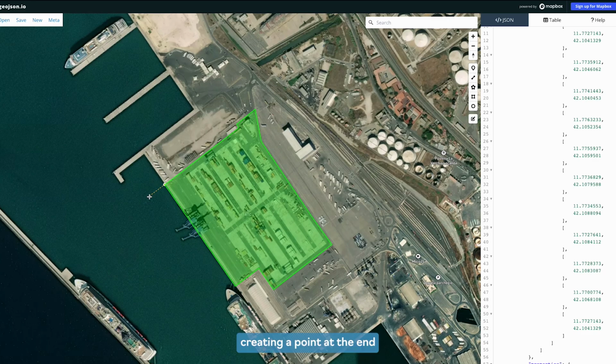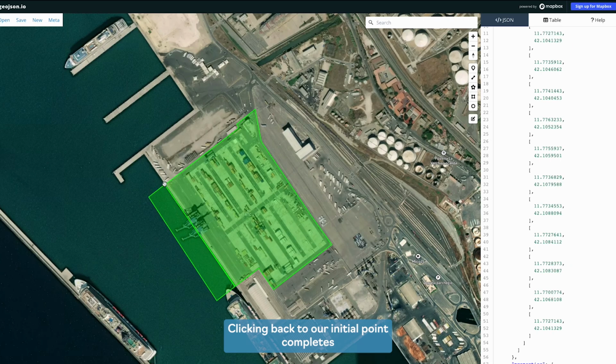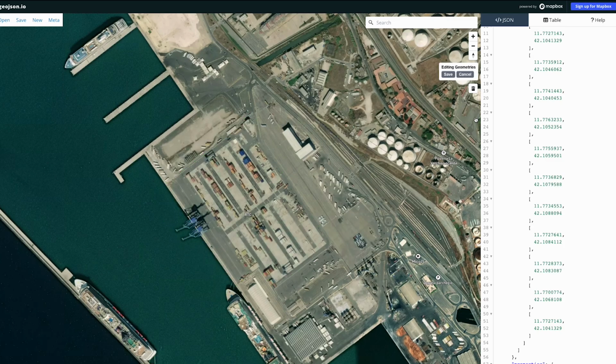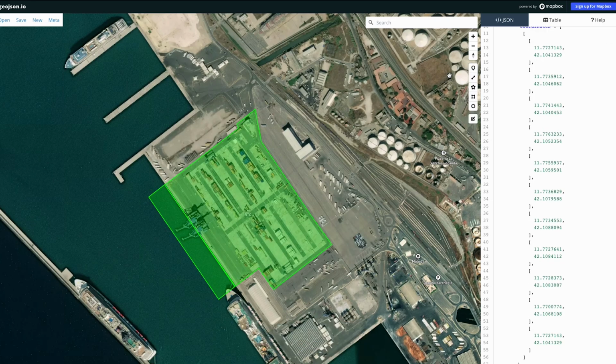Creating a point at the end coming out to the end of the crane where vessels will be, and dragging it across to the end of the berth area. Clicking back to our initial point completes the geofence. Here, ours is slightly out of shape, so we will need to edit this point and pull it in neatly. Now we're happy with our berth and facility geofences, we will click Copy in the top right,